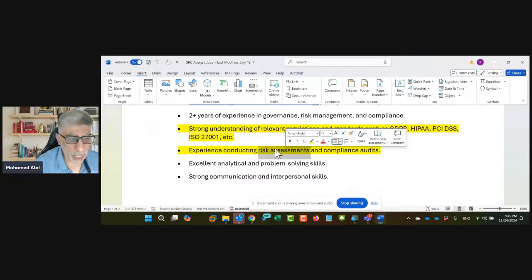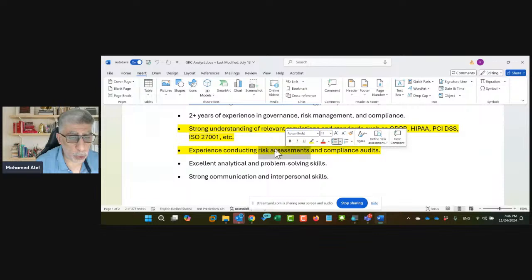And to be able to conduct a risk assessment yourself, you need to have a real scenario. How can I conduct the risk assessment randomly? I need to have a company with a list of assets and a list of vulnerabilities and threats, or a list of risks, and then I will conduct the risk assessment. I need to have data to practice on. And this is the problem that you need to solve